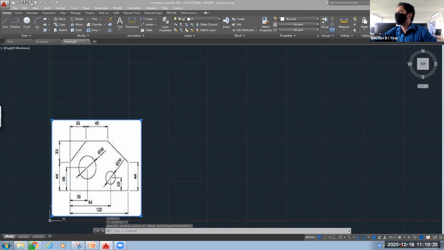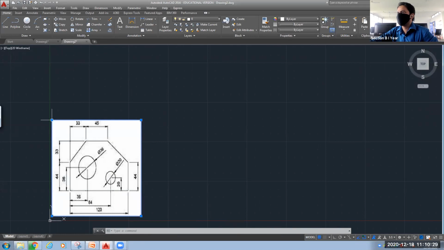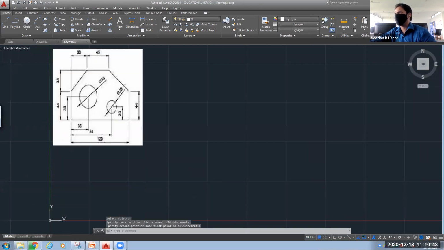Let's move this to the upper location. I'm going to use the move command, select the object, press enter, specify the base point, and I will keep it here. So this is the drawing that we are going to draw today.